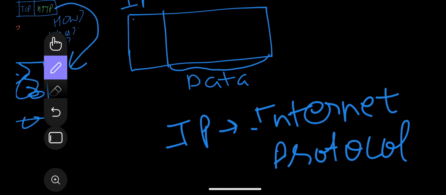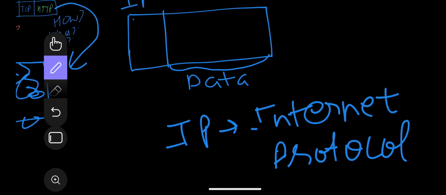So IP stands for Internet Protocol. This network protocol outlines how almost all machine-to-machine communication should happen in the world. Other protocols are also used, but IP is the most important protocol when it comes to sending data. Other protocols like TCP and HTTP are built on top of IP.